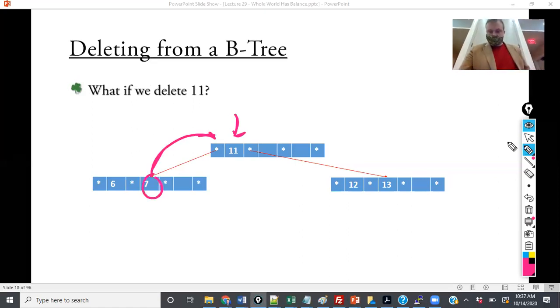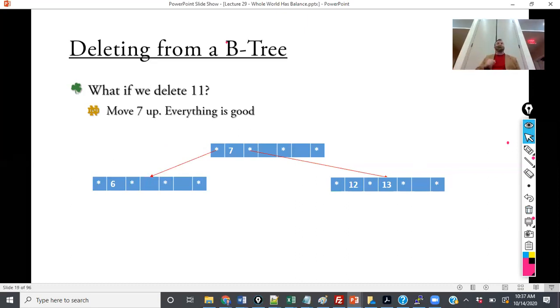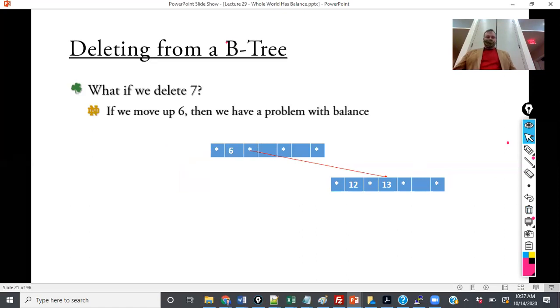Very good. We're now going to move. Yep, we're just going to move up, and then everything is good. Right? So that's exactly what we got going on here. Oh, but now we want to delete 7. So we're going to try the very first step of trying to move 6 up, but now we're going to run into a potential problem,